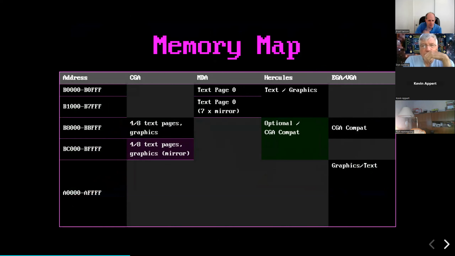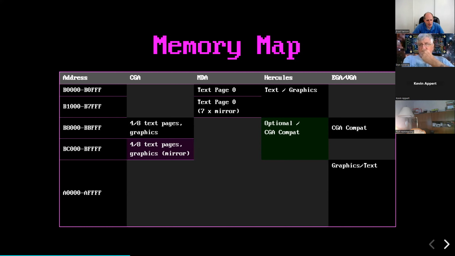Actually, I'm sorry, the slide I thought was coming about someone else's work is still coming, so that probably made no sense. So if you look at the cards of the era, this is what their memory map looked like. Typically you had the bottom 640K available for contiguous blocks of RAM, and then up in the